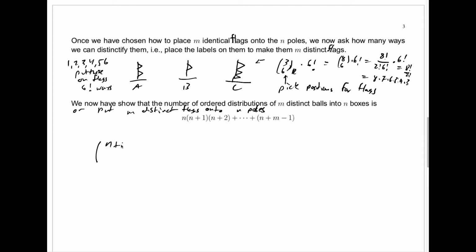first we'll have n plus m minus 1 choose m. That's just n choose m with repetitions. That's the number of ways to pick the spaces for the m flags on the poles, and we're going to multiply that in this case by m factorial. That's because now if we want to put numbers for the flags 1 through m, there are m factorial ways we can do that, and that product is just